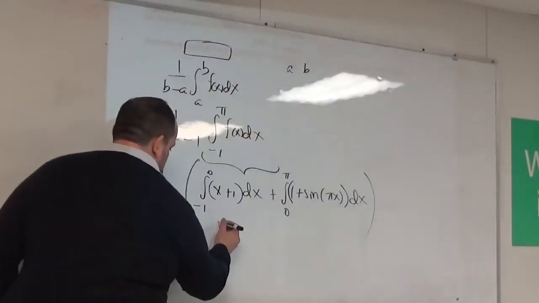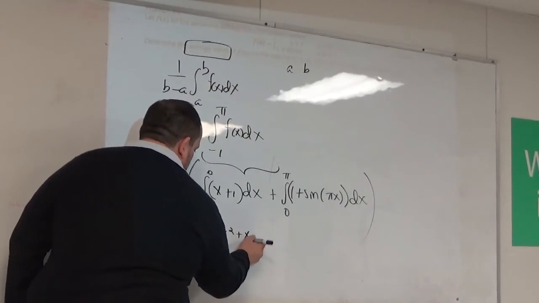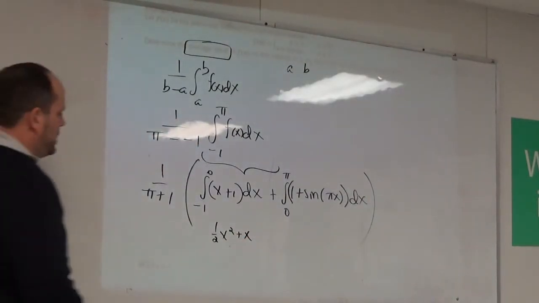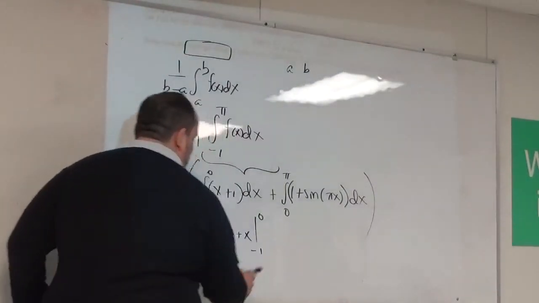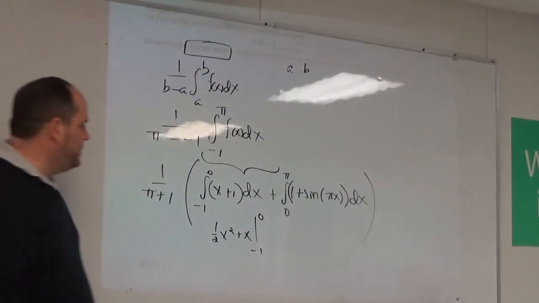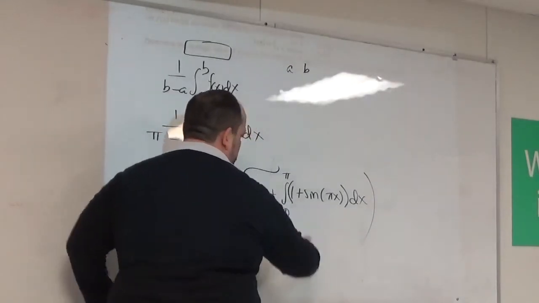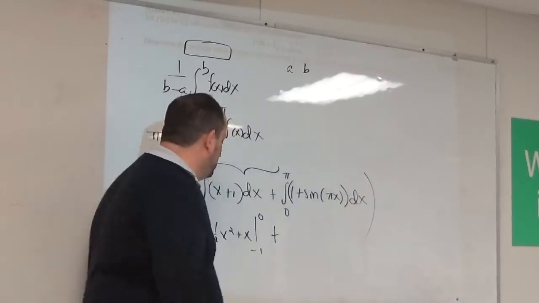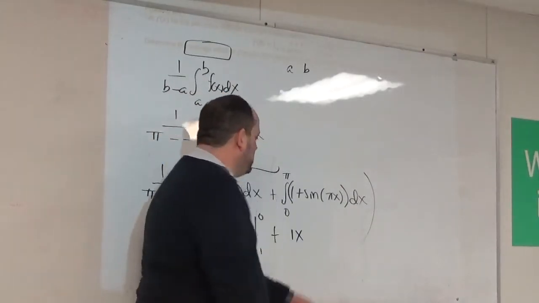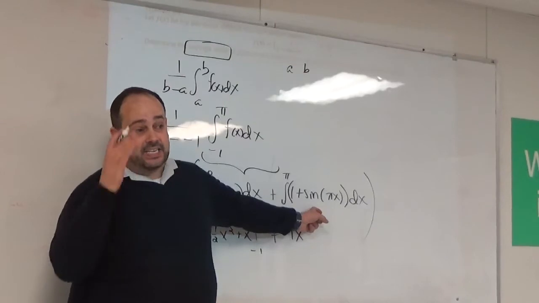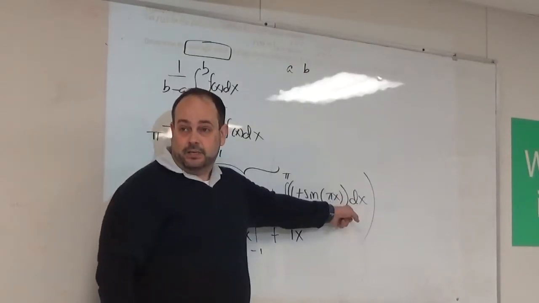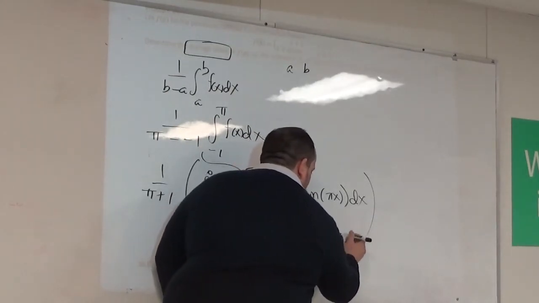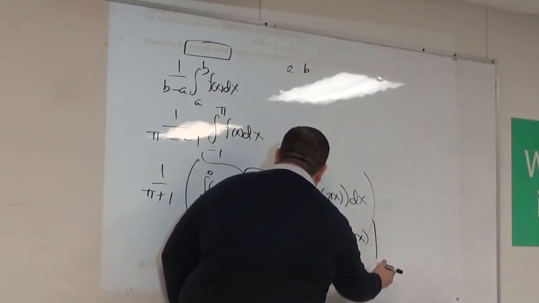Integral of x plus 1, just saw it on a couple of papers. Is 1/2 x squared plus x. Hopefully that part not too bad. Okay, we need to evaluate that from negative 1 to 0. We clearly don't have time for that. Plus, now I need the antiderivative over here. What has 1 plus sine pi x as its derivative? 1x. Then I need to find the antiderivative of sine something times x. It's negative 1 over pi cosine pi x